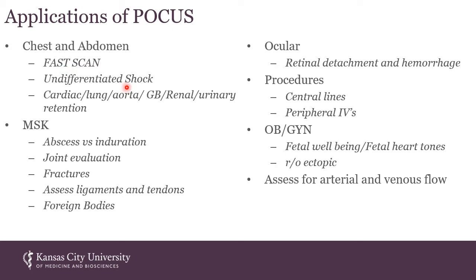I also look for causes of undifferentiated shock with the ultrasound. I look at the heart, the lungs, the aorta, the gallbladder, the kidneys, and look at the bladder for urinary retention. In musculoskeletal, I look and differentiate between abscesses and induration. I assess joints, look sometimes at fractures, assess ligaments and tendons, and rule out foreign bodies. With eyes, I look for retinal detachments and hemorrhage. I also do procedures with the ultrasound machine, including central line placements, peripheral IV placements, and for OBGYN, I